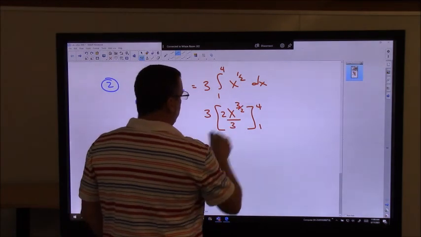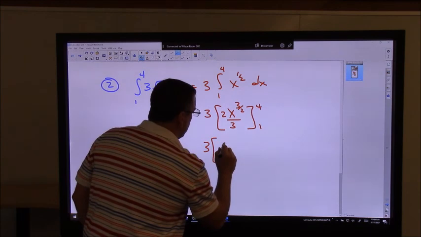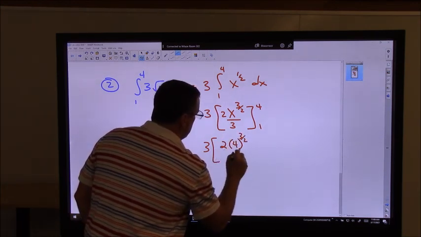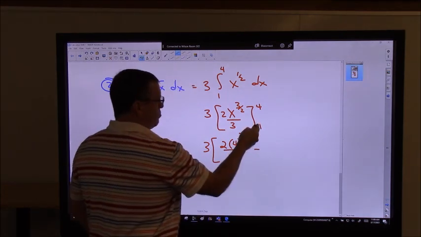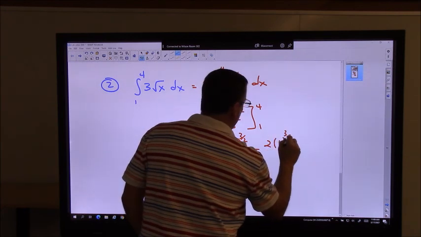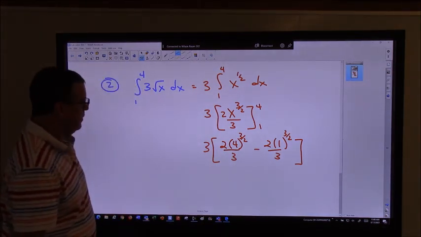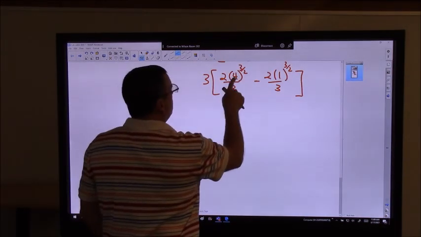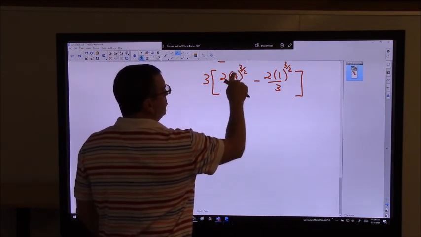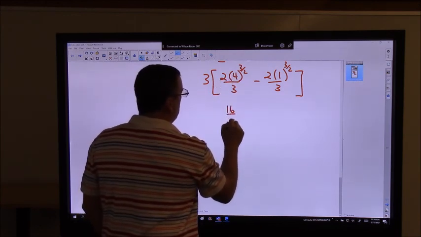So now I'll plug in a 4, so I've got 3 times, if I put a 4 in here, 2 times 4 to the 3/2 over 3, minus what I get when I plug the bottom number in. So 2 times 1 to the 3/2 over 3. So let's see, this 2 means do the square root of 4, so that's 2. Cube it, you get 8. Times 2, that would be 16. So 16 thirds